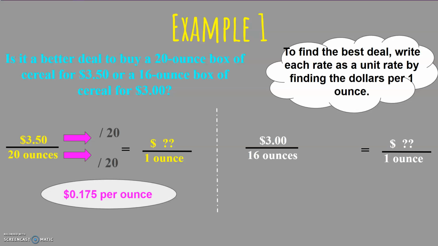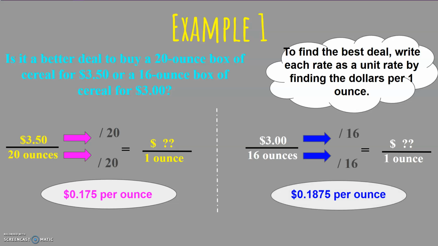From 20 to 1, divide by 20. Divide by the denominator to find the unit rate. And when we divide the top, because what we do to the bottom we have to do to the top, we find that $3.50 divided by 20 is about 17.5 cents. So the first box is 17.5 cents per ounce. Let's look at the second box. To go from 16 to 1, we divide by the denominator, 16. $3 divided by 16 is about